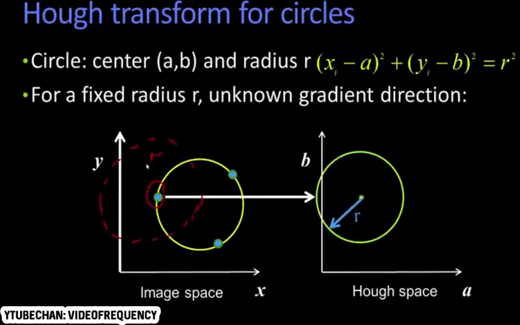And so what that does is it votes for a set of points. And that's what this green line represents, right? This set of points that are around this location in the AB space, okay? So for a single point in the image space, we get a circle of radius r in the Hough space,